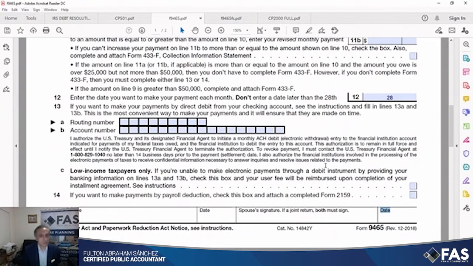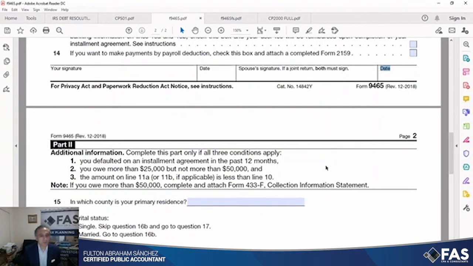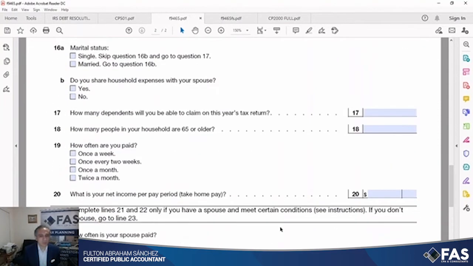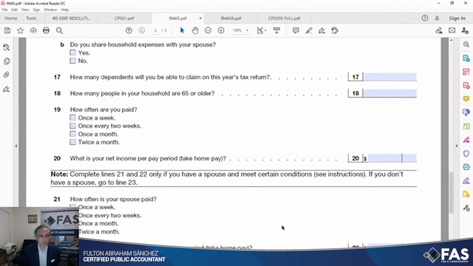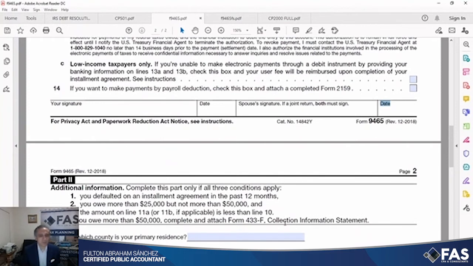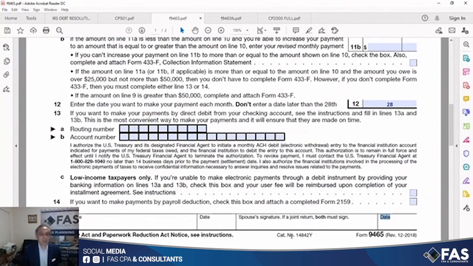There is no more than the amount that you need to pay. Any more information? Part number 2, there is no need for that. You don't need to do page number 2, because that only applies if you owe more than $25,000. So page number 1,